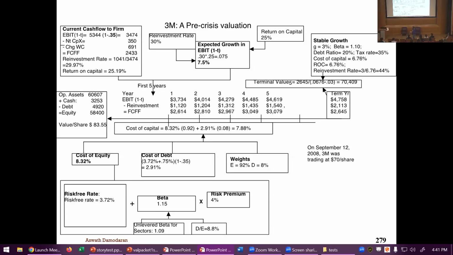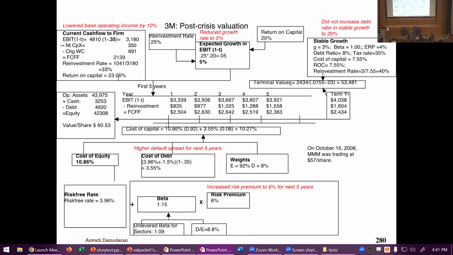Things changed? Yeah. The numbers for the company itself hadn't changed yet, right? Because the financials don't get updated. But I made two big changes. One is, remember the risk premium of 4.5? It's now up to 6%. The market, this is the advantage of an implied premium. As the market is in crisis, the premium goes up. Second, the default spread in my debt, even though the rating hadn't changed, the default spread went up. So the cost of capital reflected more risk. Okay? As you know, so that goes into my much higher cost of capital.